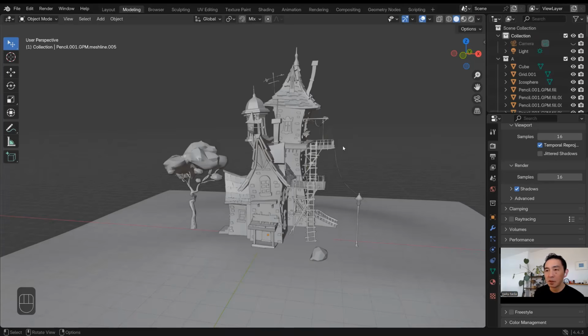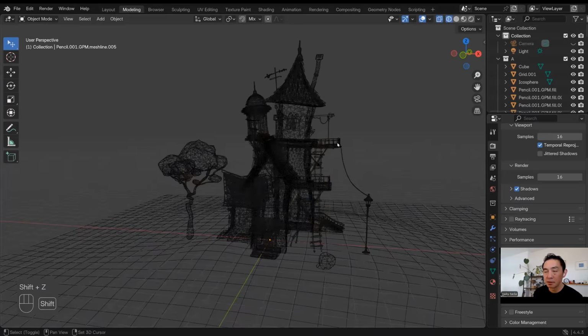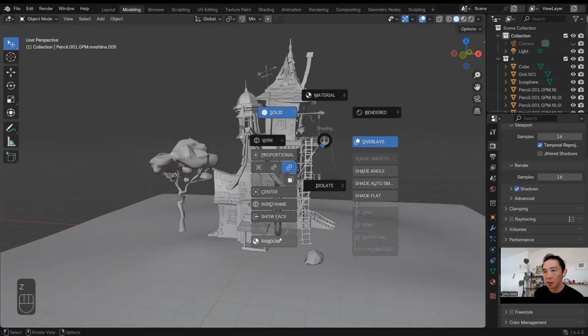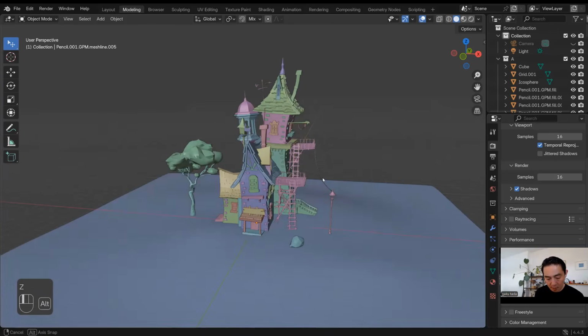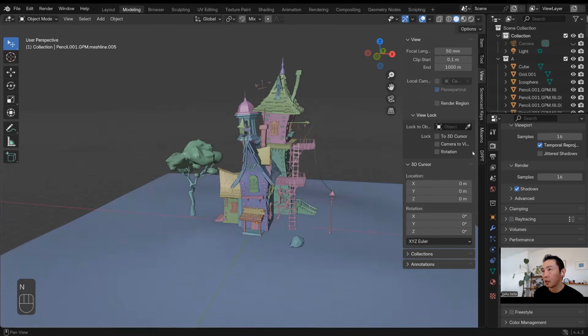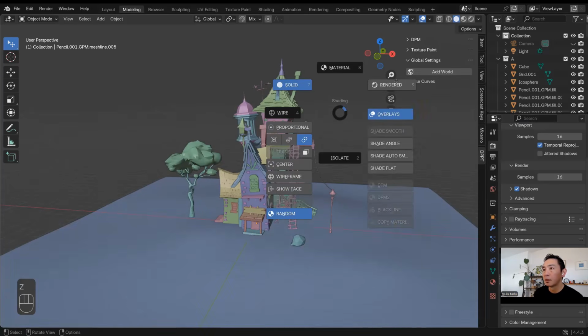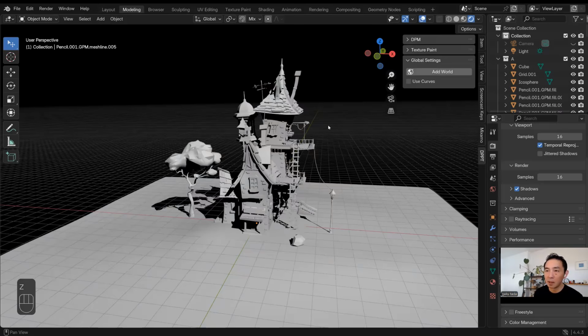Okay, so we have this model I'm sharing, and we'll use this one for demonstration. To begin with, I can change the random look, and then add a world to have a white background.